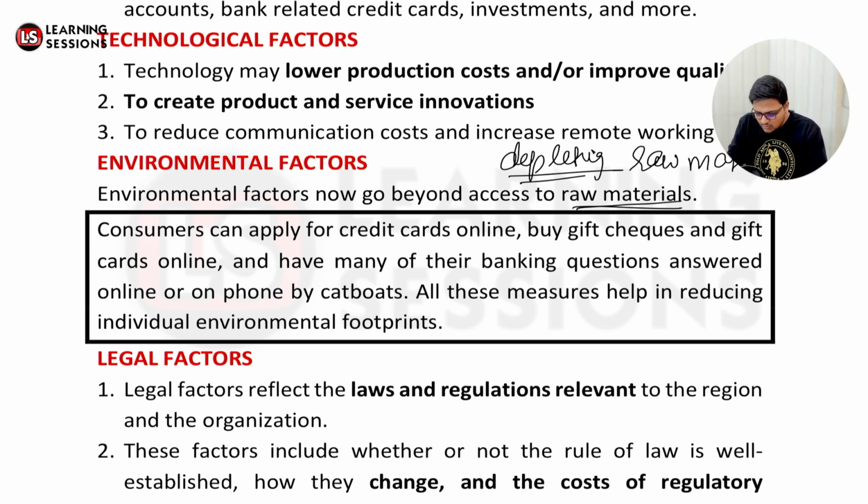But it's not just related to raw material. We are also using credit cards, plastic money, digital transactions. Let's say we were using checks. Now a check is made out of paper, and paper comes from wood. If the paper is coming from the woods or forests, it's going to impact the environment, right? But if you're doing digital transactions, our carbon footprints are reduced now, and definitely it's going to have a positive impact on the environment, right? And vice versa, if you're not following, it can have a negative impact on the environment too, right?